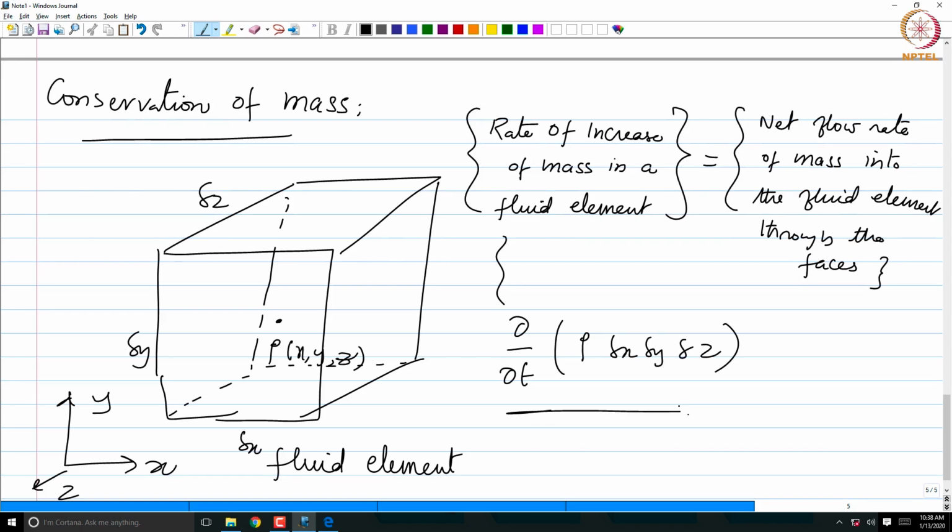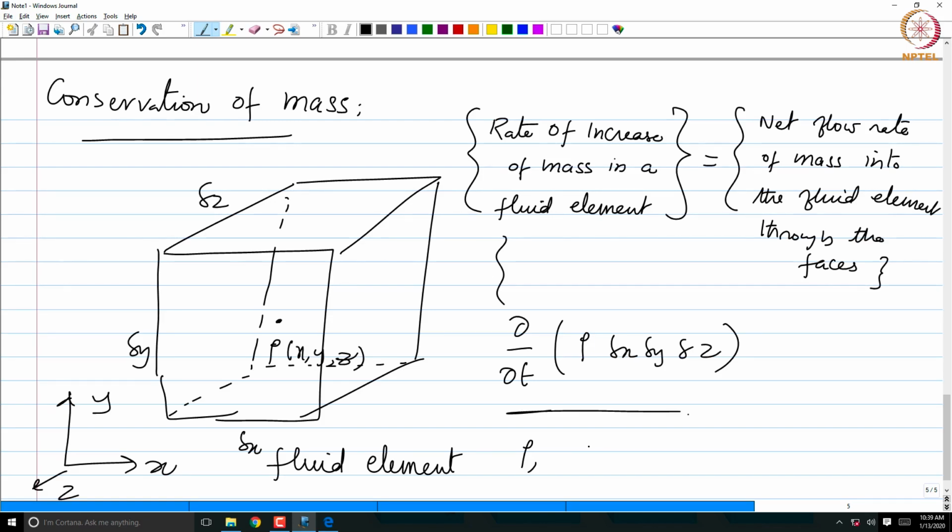Okay. Now we have to look at what is the net mass flow rate, right? The net flow of mass into the fluid element through the phases. What will be a mass flow rate across a particular phase? What will be an expression for mass flow rate in terms of, let's say, the density and the velocity of the fluid and the area of the surface that we are looking at? The mass flow rate would be